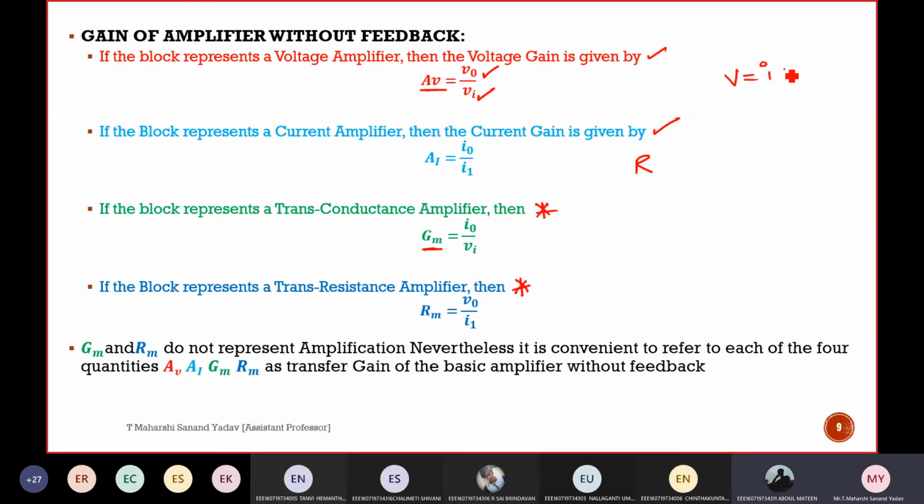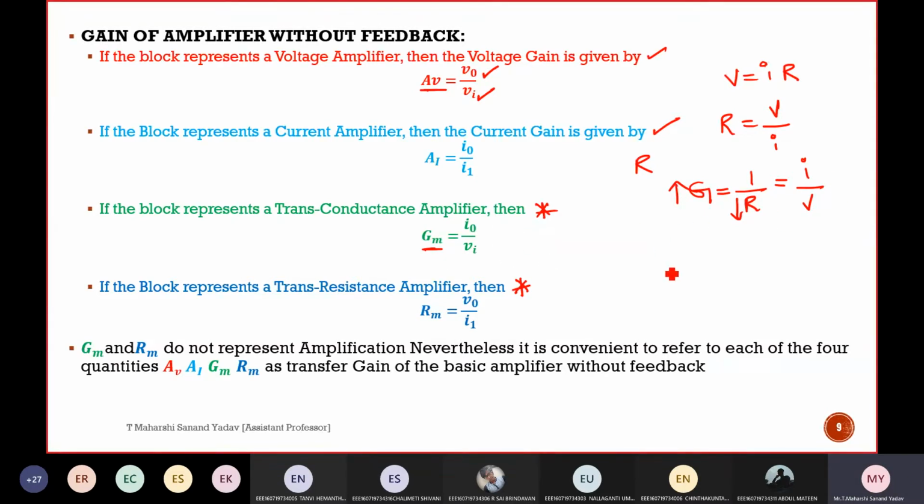We know V equal to I times resistance, G is conductance, sir. So R can be written as V by I. What is the relation between G and R? G is 1 by R. If gain increases, resistance decreases. Yes, correct. If G increases, R decreases. So this can be written as I by V. That's what I've written. See here, G means I by V.